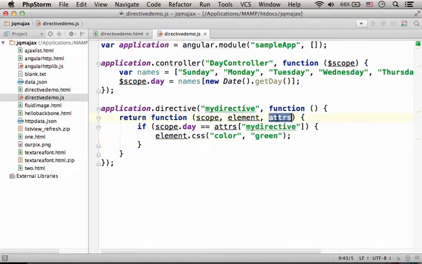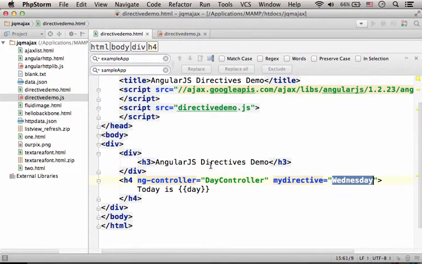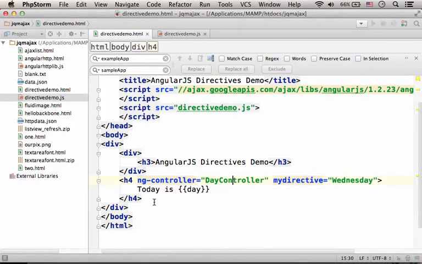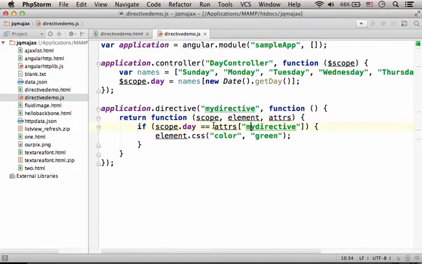The last parameter is assigned with a reference for an object which is an array. An array in JavaScript is a collection of key value pairs. The keys are the names of the attributes that were used over here in this element, and the values are the values that were assigned to those attributes that were in use. So in this case we have the attribute myDirective assigned with the value Wednesday, meaning that here we get the